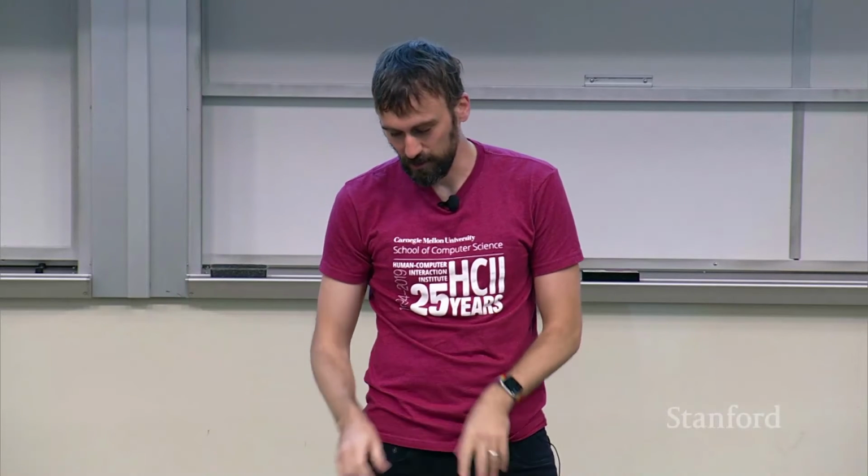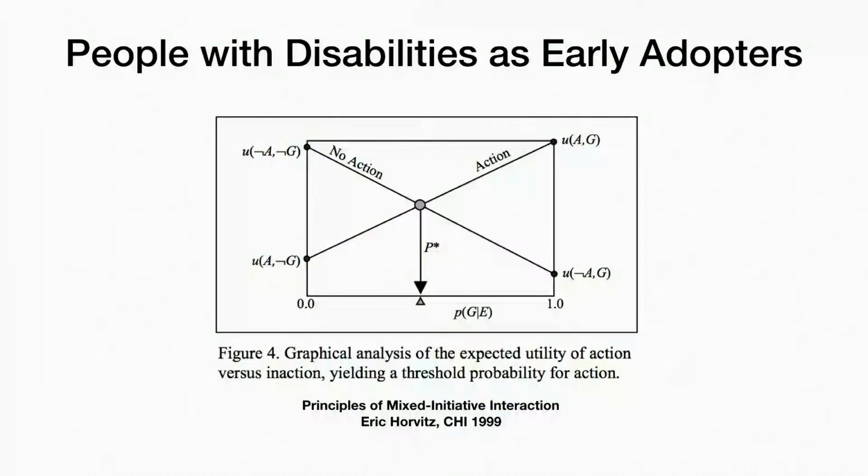All right, so just a few points, and I don't actually have that much time, so I'm just going to run through some of these points about where I think these things intersect. So one, I like to say that people with disabilities are often early adopters. The earliest users of technologies in the AI, ML space for real are often people with disabilities. The people I know who have relied on speech recognition for the longest are, say, people who can't otherwise type.